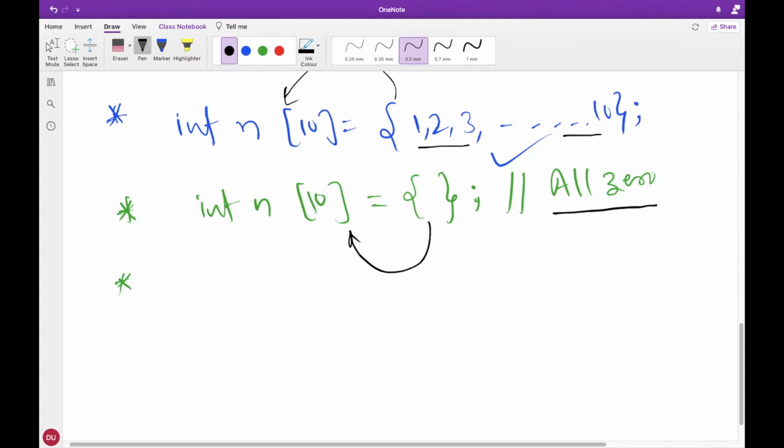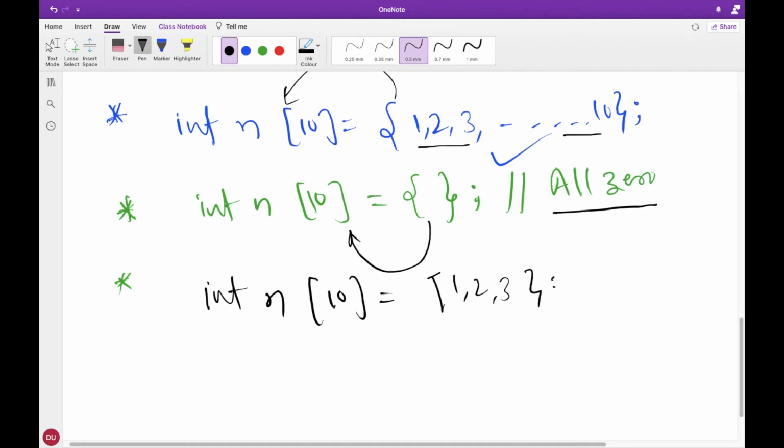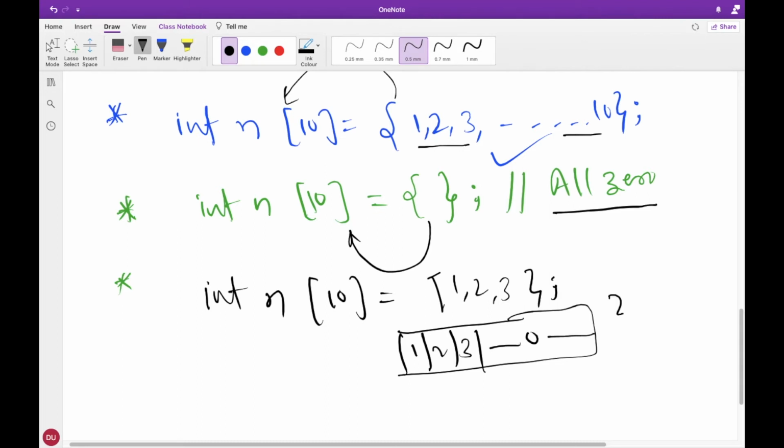But what will happen if you provide fewer initializers in the declaration? So if I write like this: int n[10], and then I write 1, 2, 3 and leave it. So it is going to declare an array where the first three elements are 1, 2, 3, and all the elements are 0 after that, and its size will be 10. Clear?